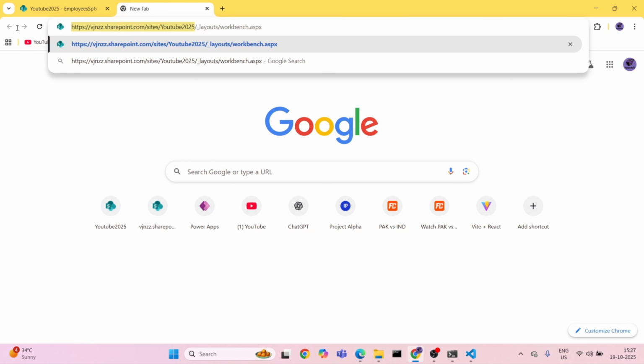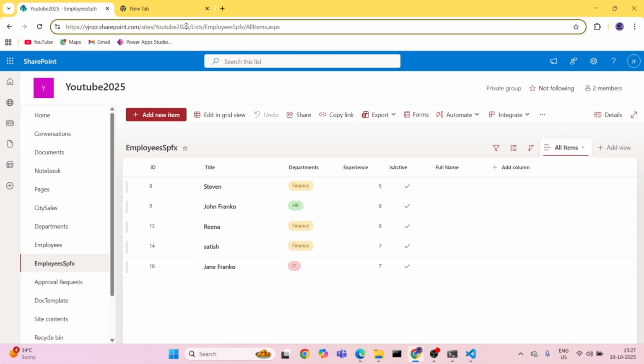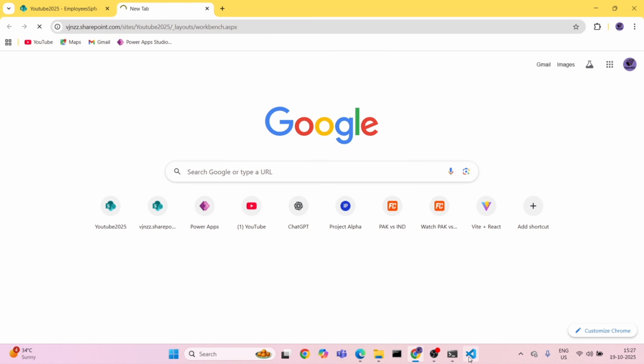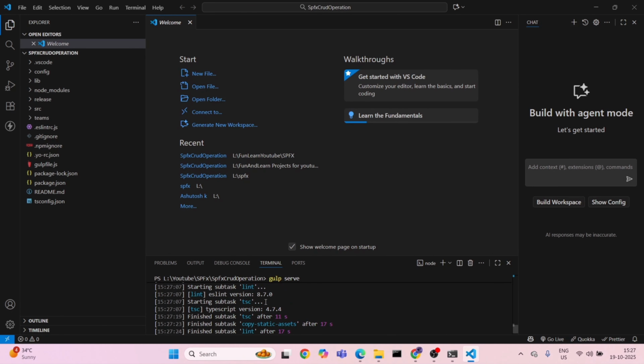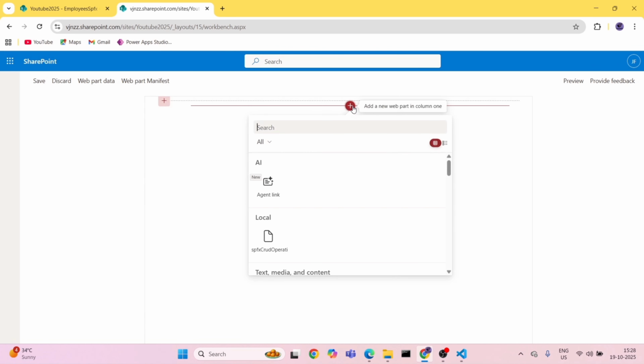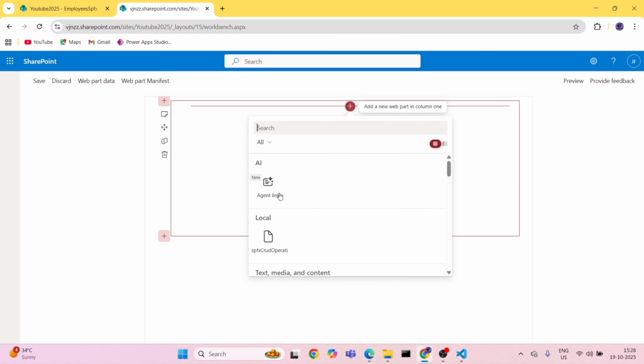This will be your site or subsite, and here it will be your layout workbench, and your list should be inside this only. If you can see, my list is inside this site, YouTube 2025. So this is how it should be, and if I enter it now, I guess it is saying reload. Yeah, it is reload. I will just close this, and if I go here, yes, you can see we have the web part available here,